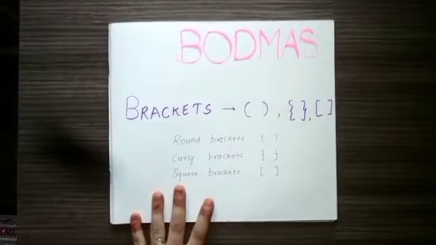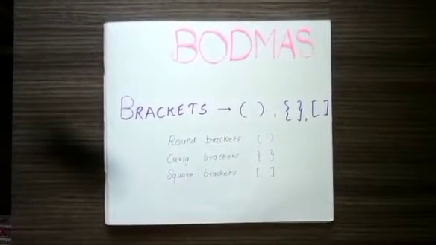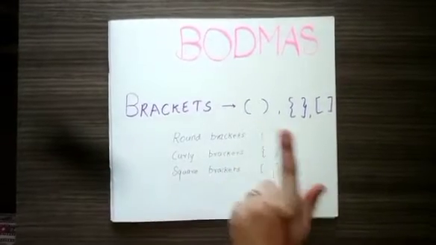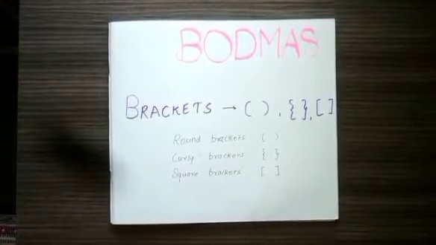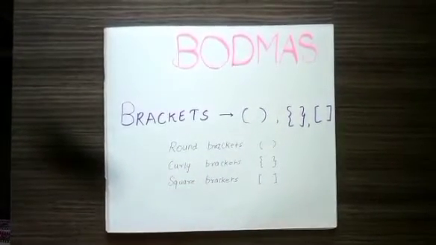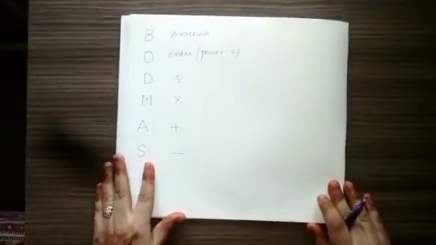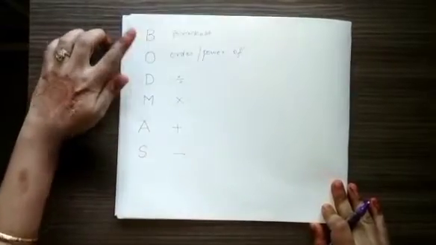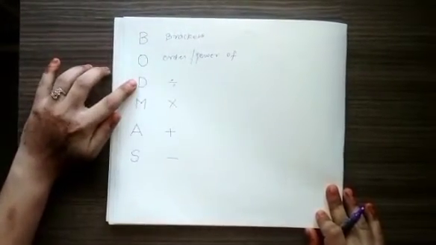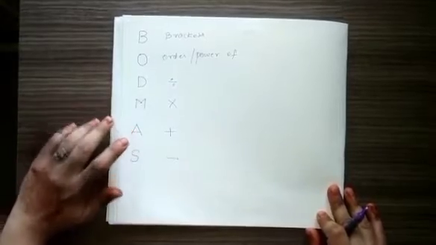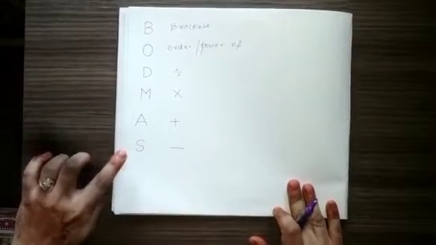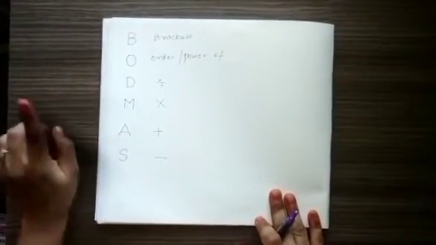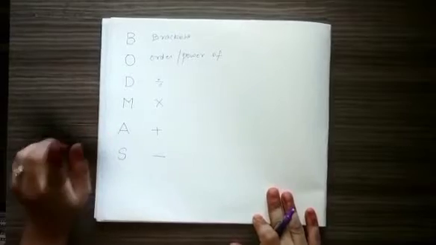So, coming back to BODMAS, let us see the brackets first. Here we have three brackets, the round bracket, the curly bracket and the square brackets. We are going to solve the sums and the brackets in this order itself. Now let us see the full form of BODMAS. So BODMAS is basically the brackets, order or power of, division, multiplication, addition and subtraction. So as the full form suggests, expressions with brackets need to be solved first. But how to go about it?